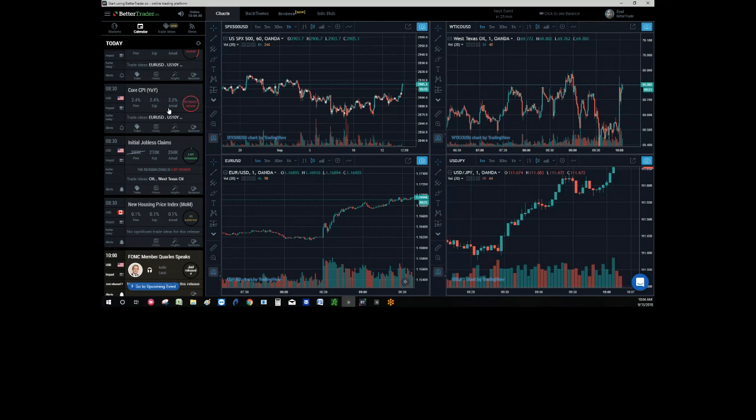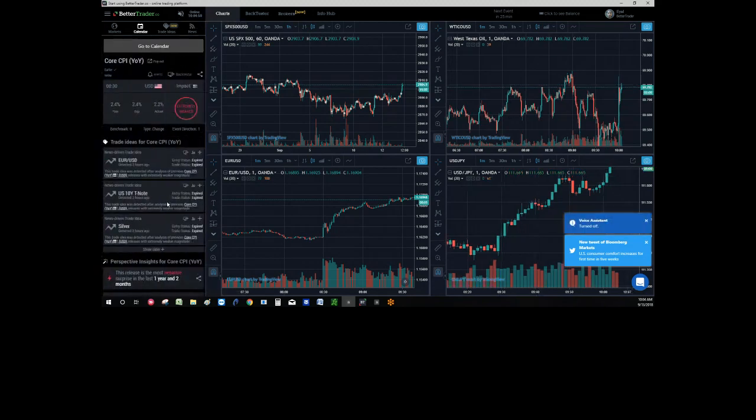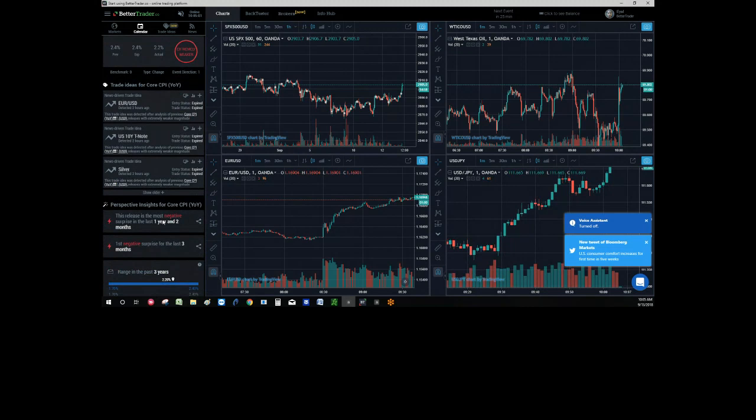So for any economic event, you don't only have the actual number and the indication of whether it's weaker or stronger, you get an indication of the magnitude of surprise. That's one thing, the magnitude of surprise. Another indication that you get is the perspective insight. If something specific and special happened in the history, you get it here, and everything happens in real time. You get it with the numbers.